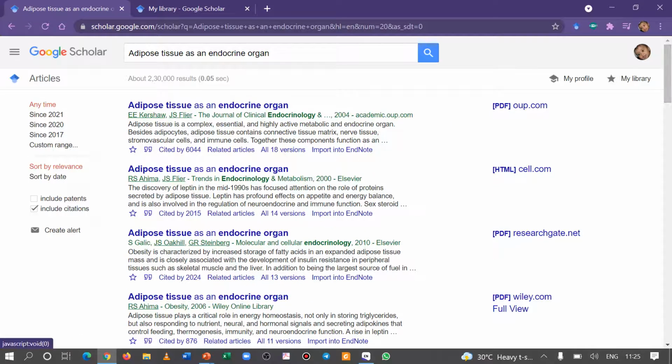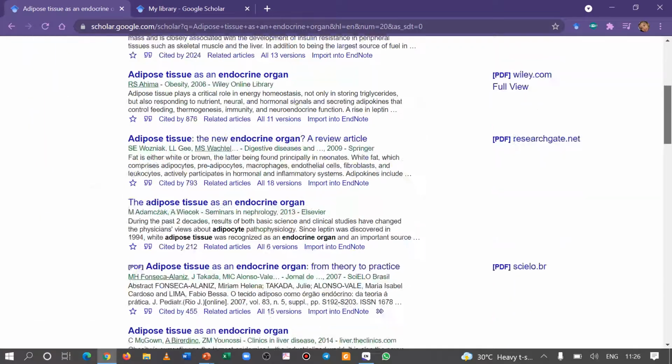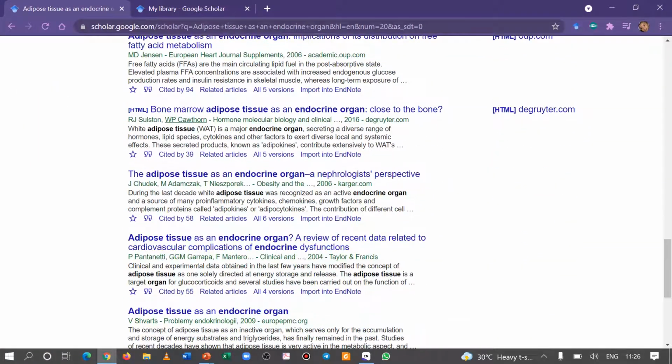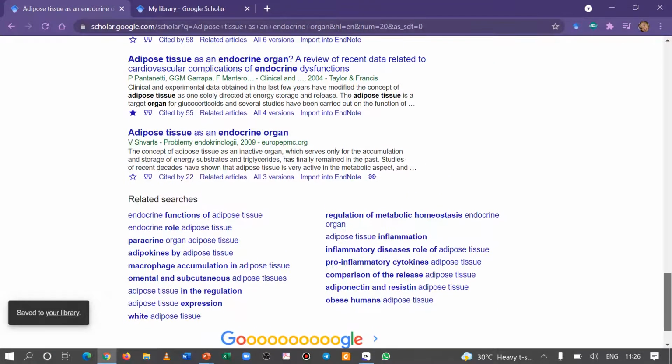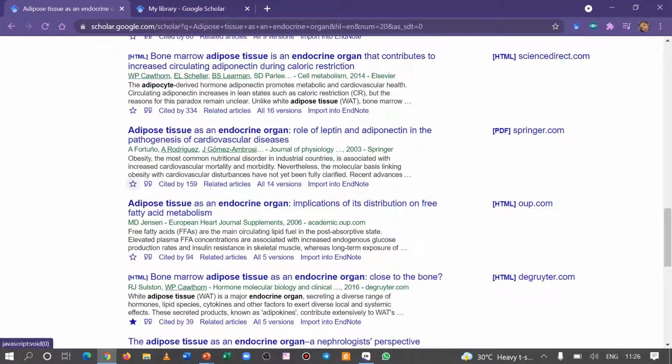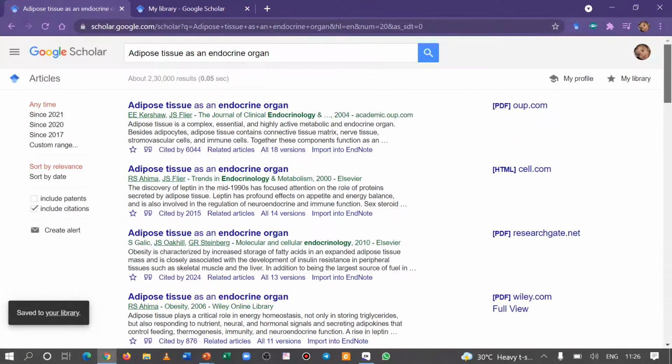The other option is to transfer references in bulk. First I will add them into my library. This one paper, second paper, third paper. I want these 5 papers to be transferred into my library.